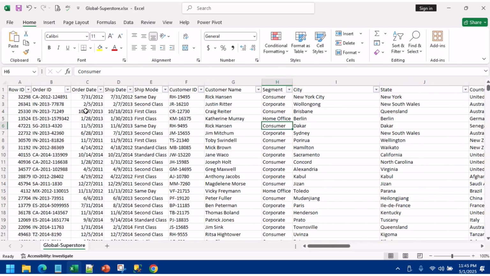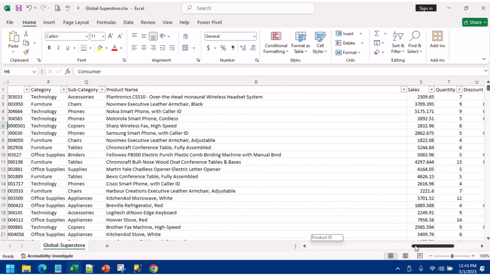So see the full video to understand how we can create a pivot and charts, as well as connecting a relationship with two different tables. But we don't have extra tables here. We have only one sheet, global superstore, which is full detail. But what we are going to do,